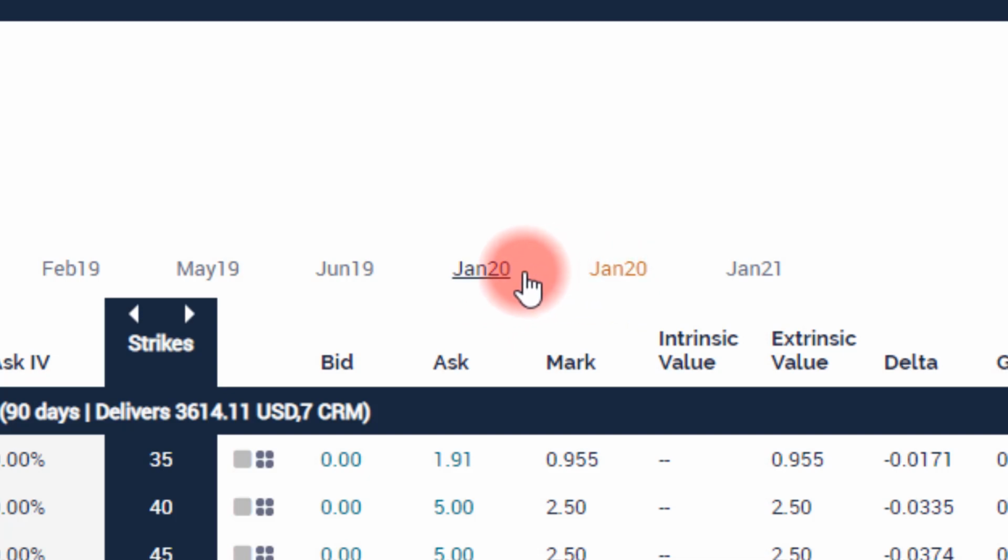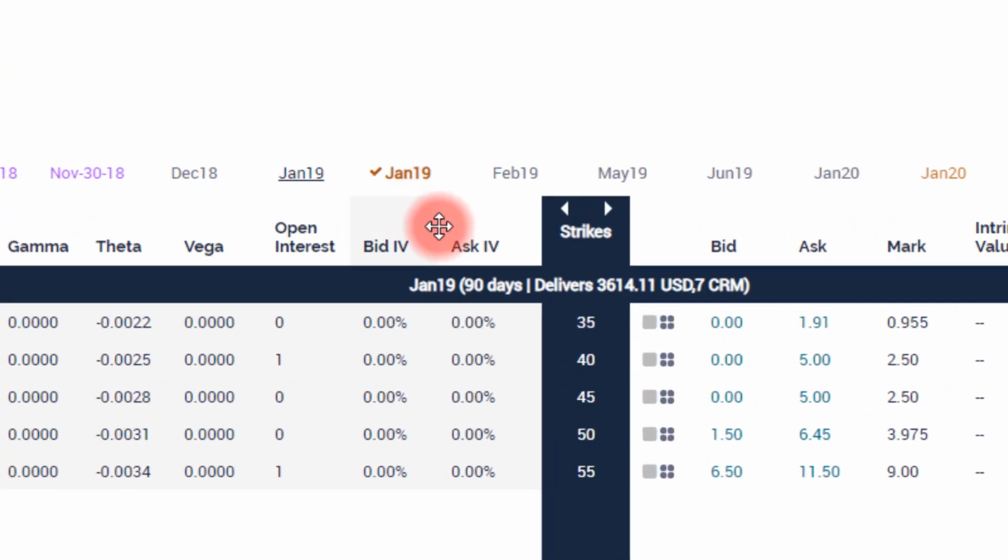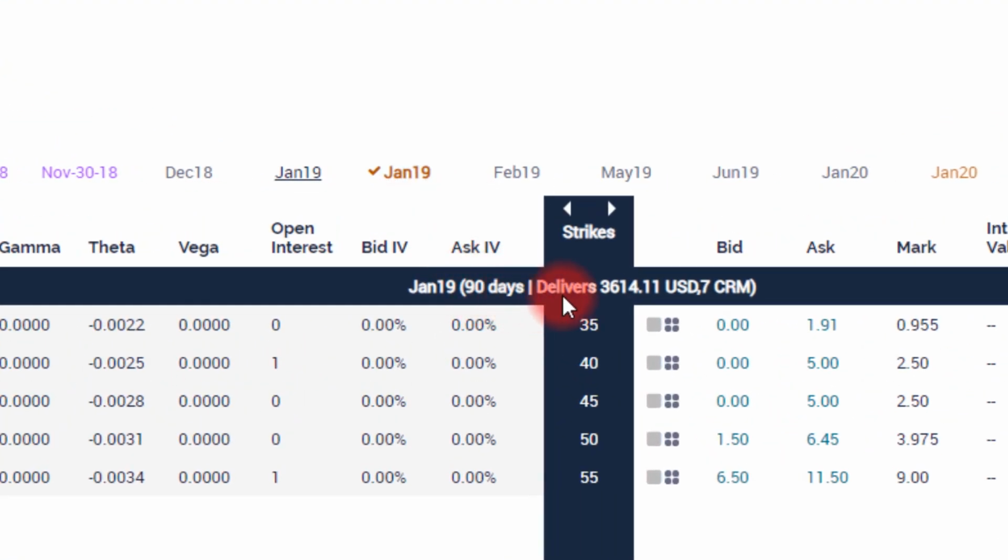What's going on here? How come I have duplicates? Well, this is the first sign that it's an adjusted option. Most platforms will highlight it in a different color or flag it in some way, but if they don't, if you happen to see two expiration dates that are the same, one of them is adjusted. So how can you figure it out? Well, there are a few ways. Let's come back to the Jan 19. If you look below, it says that the deliverable is